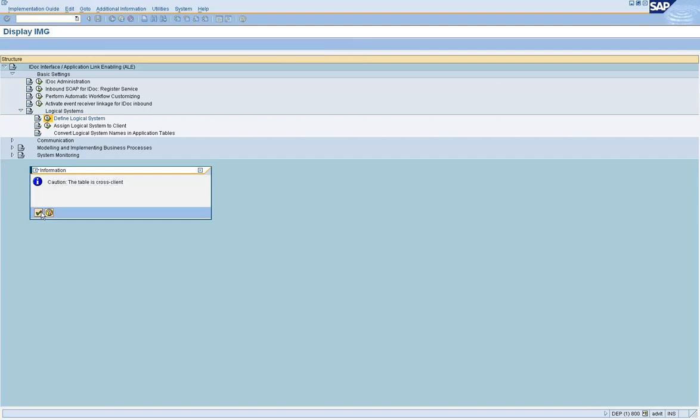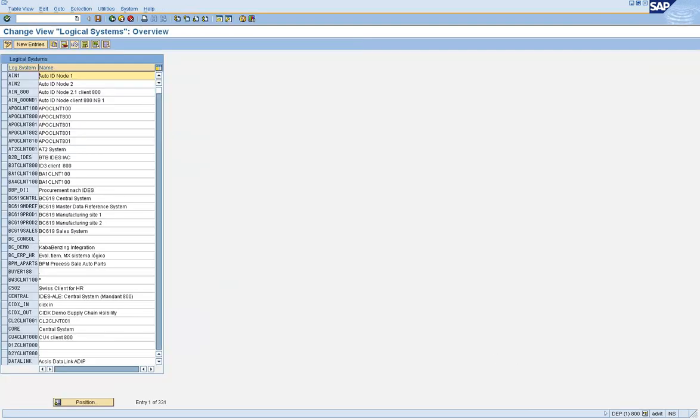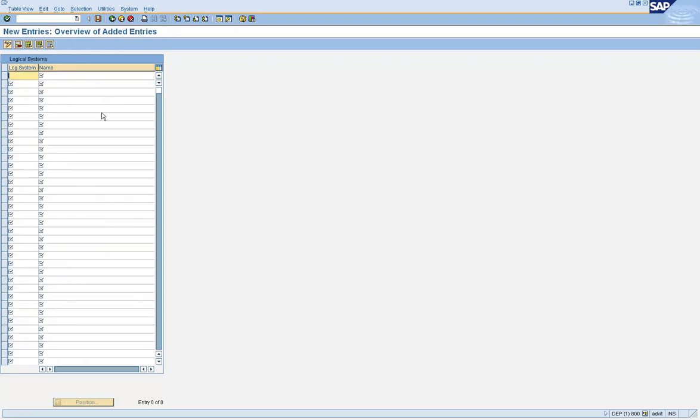So let us go and create a logical system name for DEP 800, and give a description: logical system name for DEP client 800.